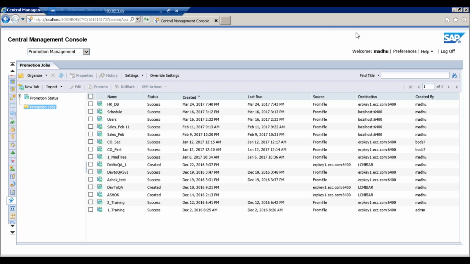Are we saving it? Yeah. Okay, just go ahead. Yeah, I can share. Actually, that's clear. It's very clear. The only thing is that you can have the access for CMC. CMC access will be either the BO admin or the basis team will have the access, so normally those people will do the migration.